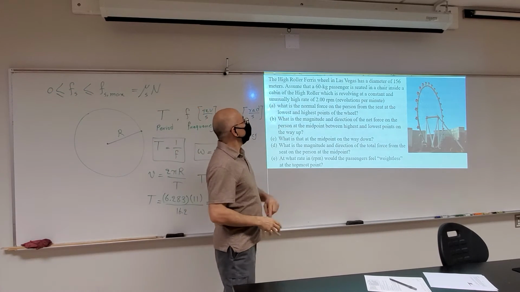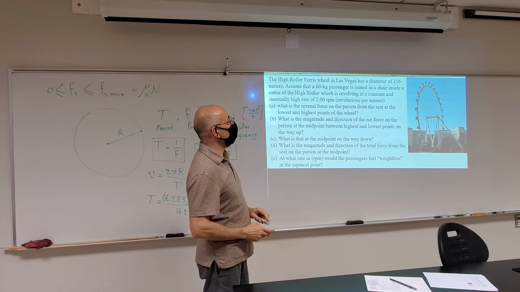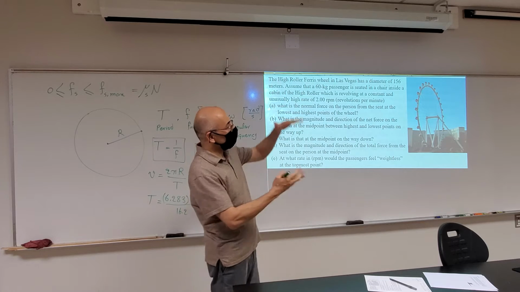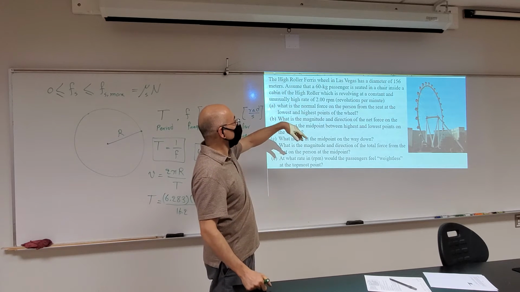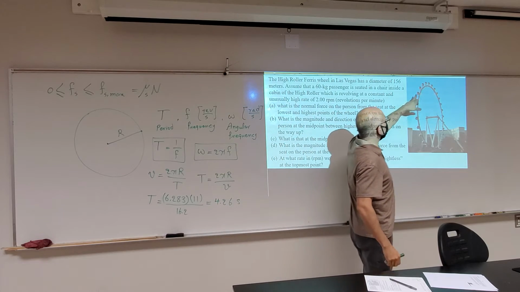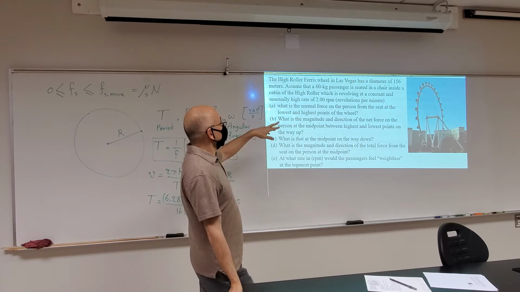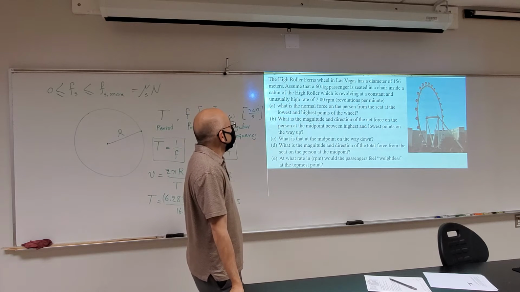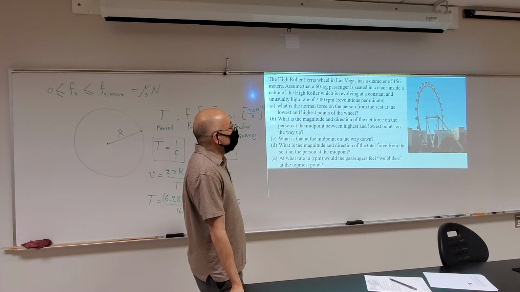It's called High Roller. It's a Ferris wheel in Las Vegas. It has a diameter of 156. Actually, the actual diameter is a little bit bigger, 158 and a half. But where the people are actually sitting, I think it's a little bit less. So 156 meters. Assume that a 60 kilogram passenger is seated in a chair inside a cabin of the High Roller,